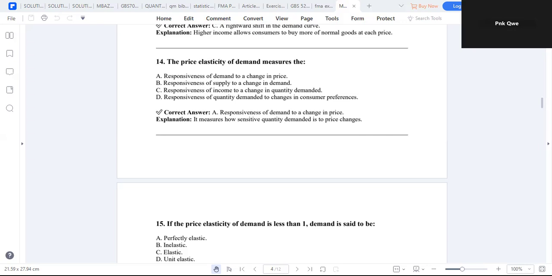So I was saying that in elasticity of demand, the formula is given. What is the formula for elasticity of demand? So elasticity of demand is simply the percentage change